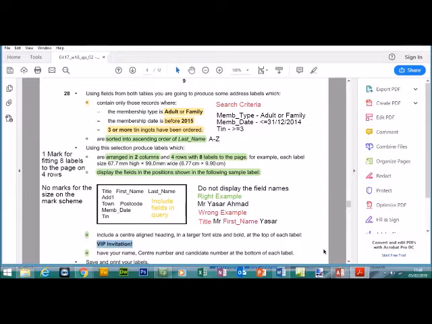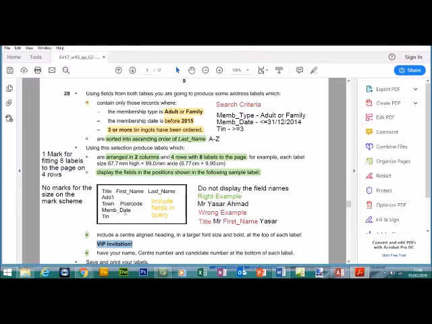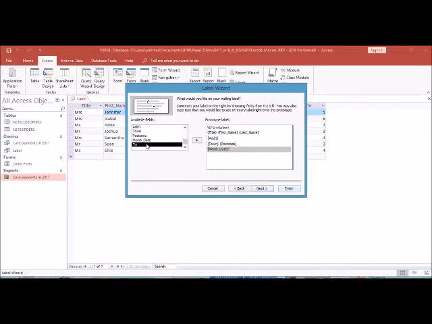Then you've got the town and the postcode. So town, space, postcode. Enter. Then you've got the member date and TIN. Oops, TIN needs to be on the next line. And because